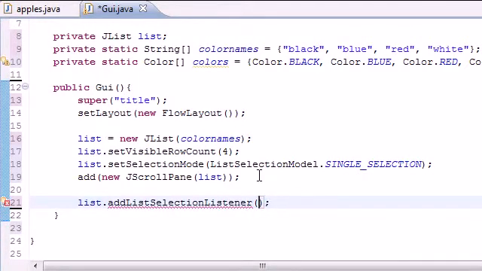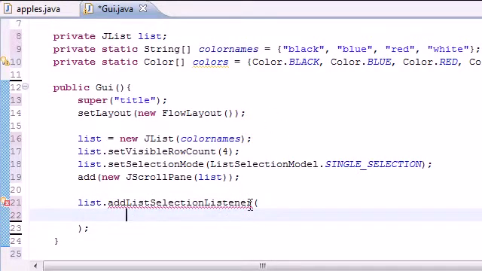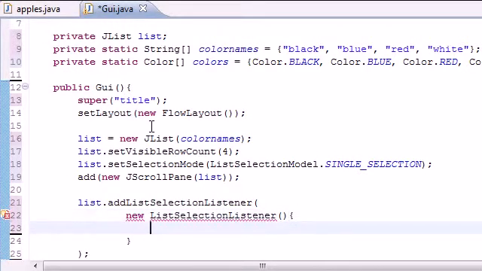And we're going to make, just like last tutorial if you saw, another anonymous inner class. So go ahead and in the first line of the parameters for add list selection listener, what we want to do is make a new anonymous class. And remember, this is just an easier way of handling it. So put new list selection listener, just like that. It's going to take no parameters, and it says we must implement